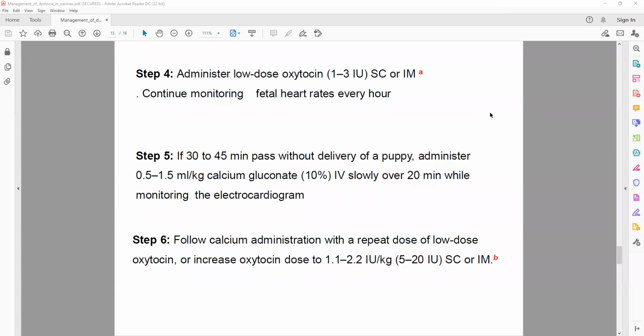Okay, so what we are discussing is that yes, you can give a maximum of 20 IU, but because the half life is very short, it is better to give it in fractions. Means you can give 4 or 5 IU at a time and wait for 30 to 40 minutes. Again, you can give, so that sustained contraction will be maintained.